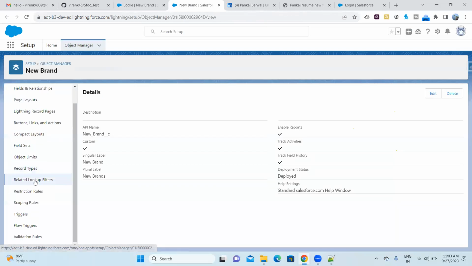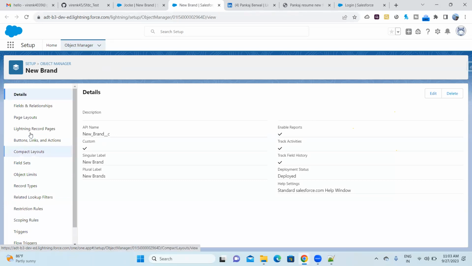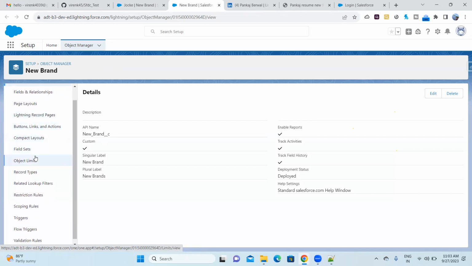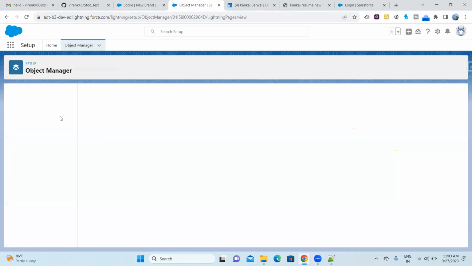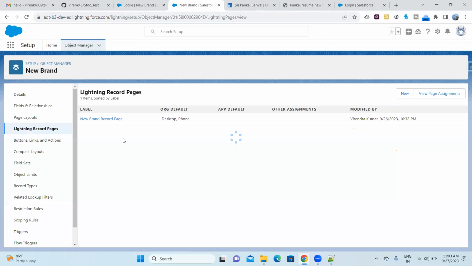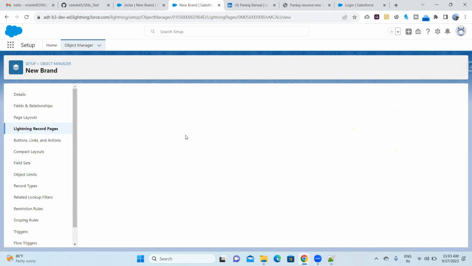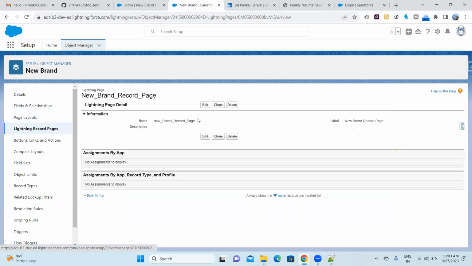You come to this place, and there's something called lightning record page. You come here, you would be able to see your page here, the one which you created. You can even go from here also, guys. You can work from here. So you are learning detail, field, page layout, lightning record page. You have learned.